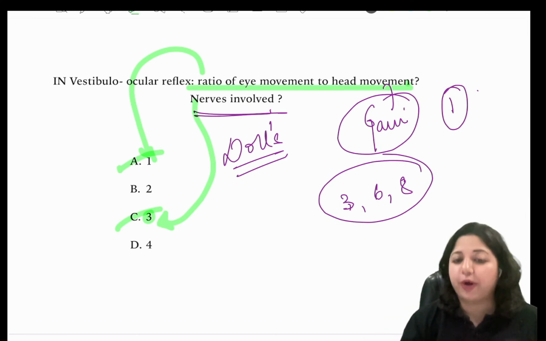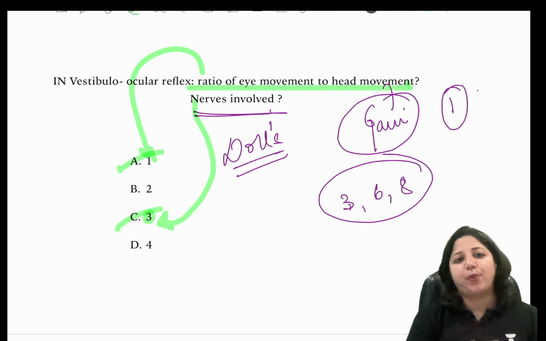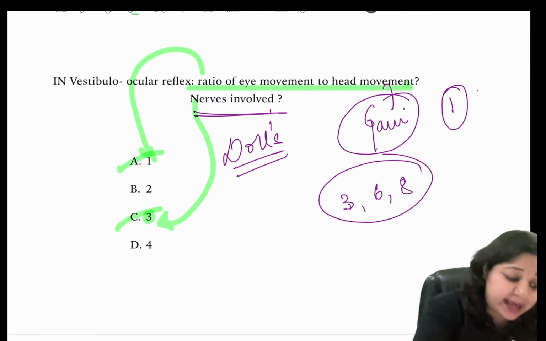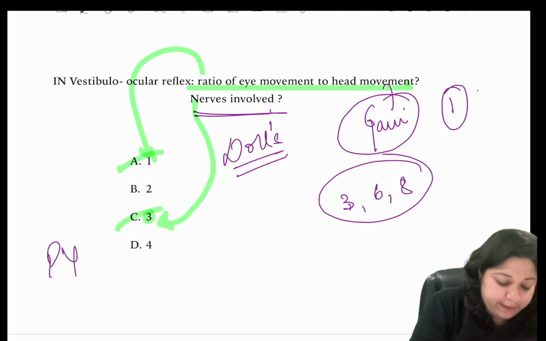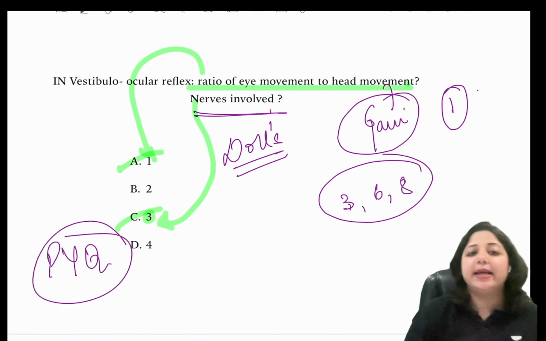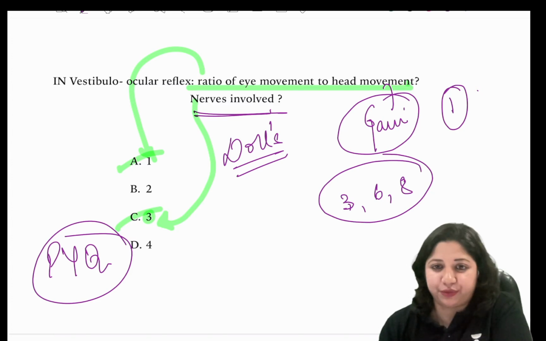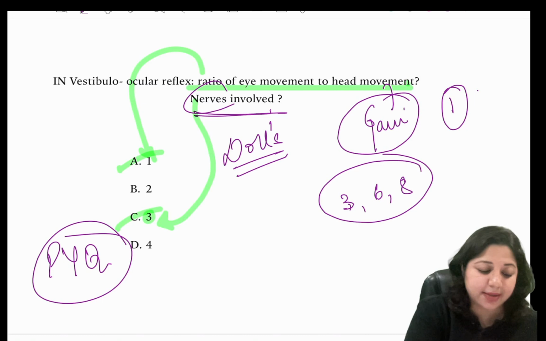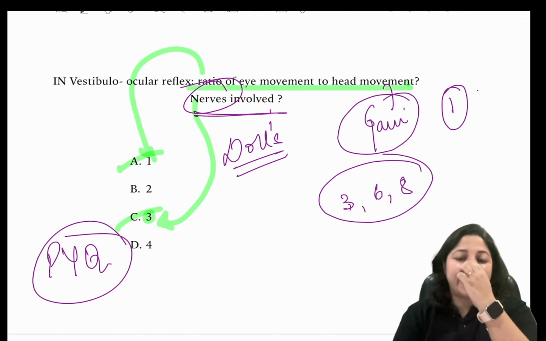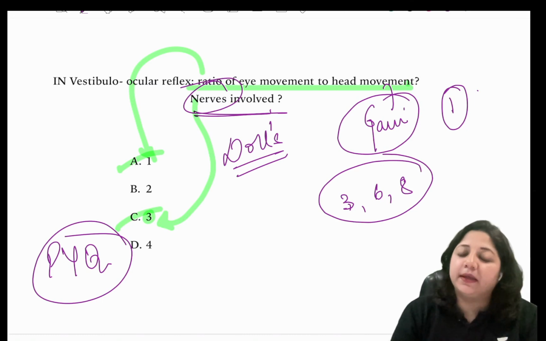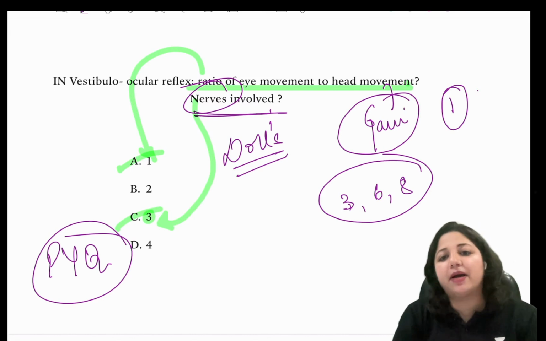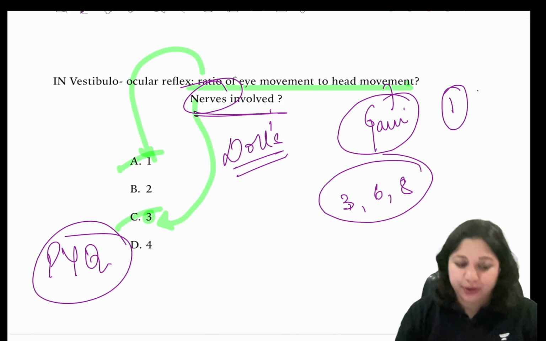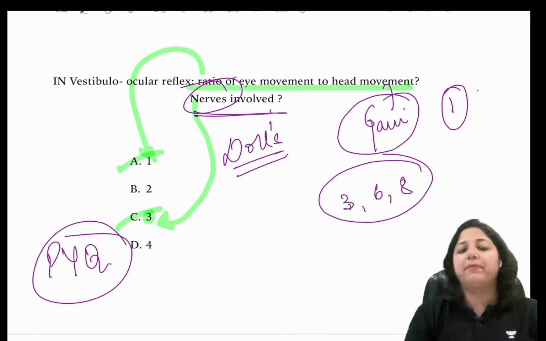I am not sure what was exactly the question asked, whether it was a ratio of the movements or the nerves involved. Though it is again a previous year question. It is again a PYQ, right? It was again asked last year, which had asked about the nerves involved. So I fear the question was again repeated exactly the same, asking about the nerves involved, but maybe it can happen, right? So this is all about